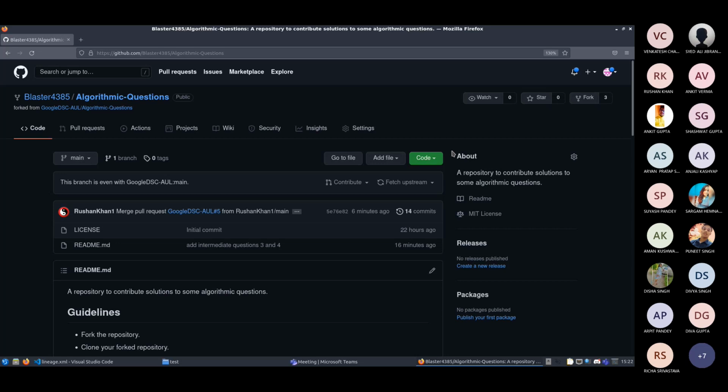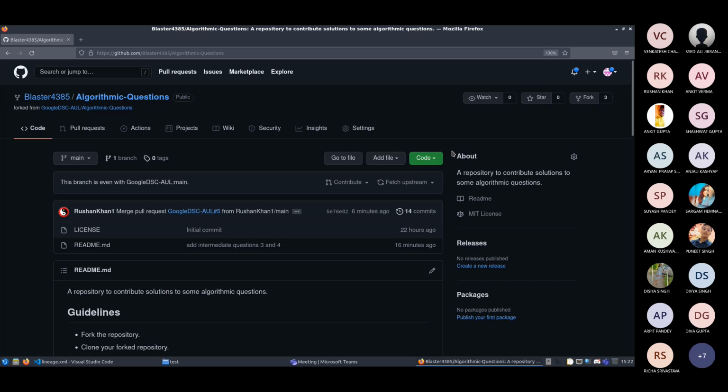Okay, I've opened PowerShell. Now type git and press enter. If you've installed Git, it should show a list of commands. Yeah, it's showing. So basically what you have to do is git space clone space the URL of the repository that you have just forked. Where will I get this URL? Open up the repository on GitHub.